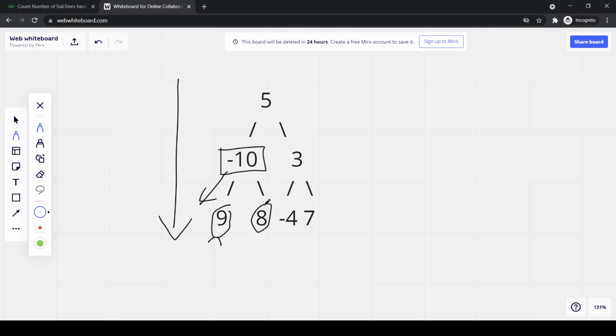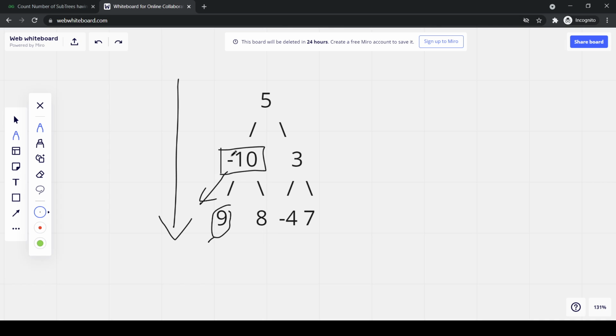Then it will go to node 8, which also has no left and right nodes, so its sum will be as it is. Now for this element, after traversing both the left and right sides, we will add the sum of the left subtree and the right subtree to this element.